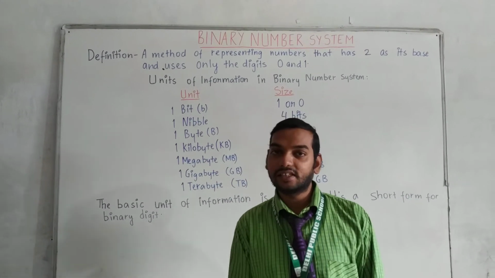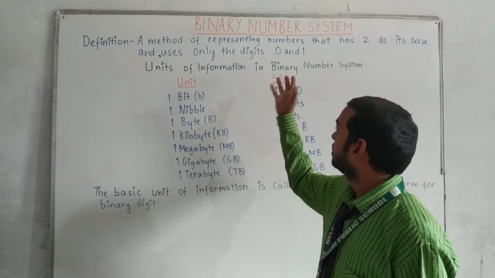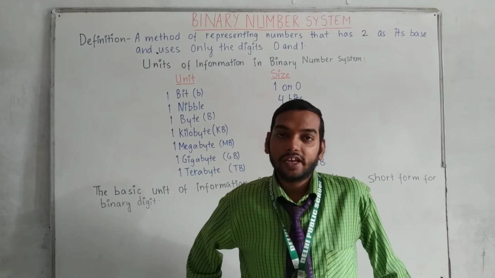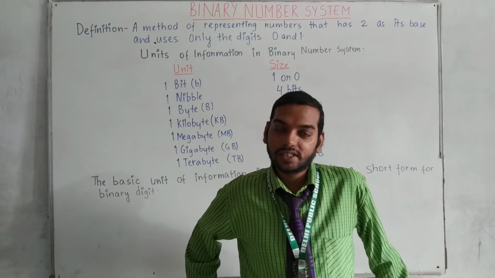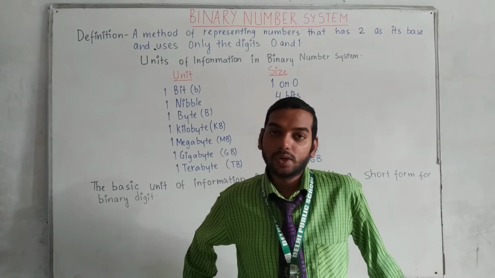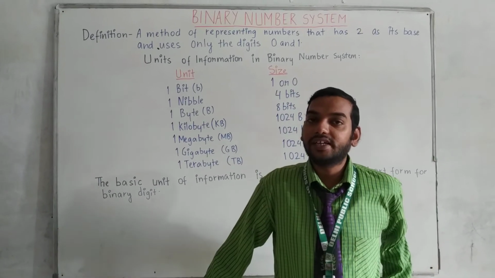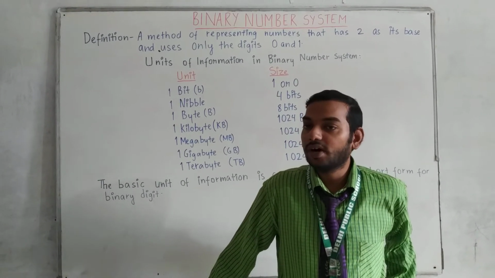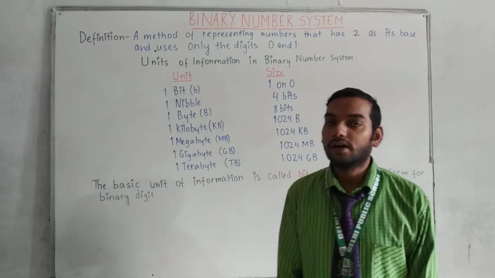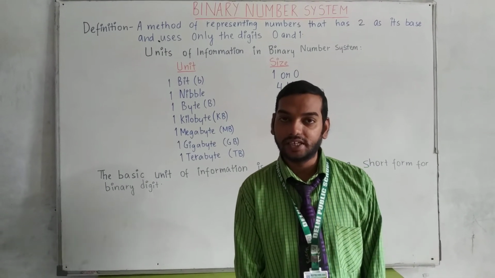One question arises in your mind: why should we know the binary number system? As we all know, a computer is an electronic device, which means a computer is a machine, and a machine can understand only two states: on state or off state. So we can represent an on state with 1 and an off state with 0, and vice versa. So by using binary language, we can communicate with a machine.